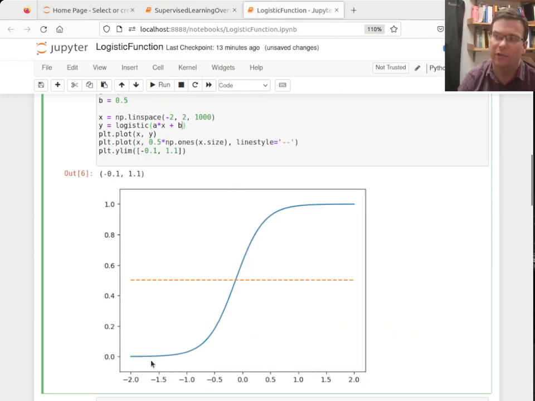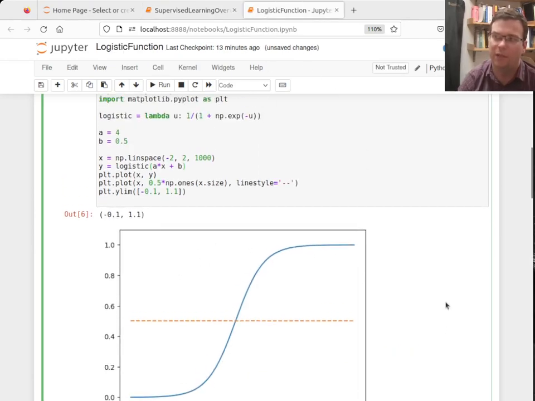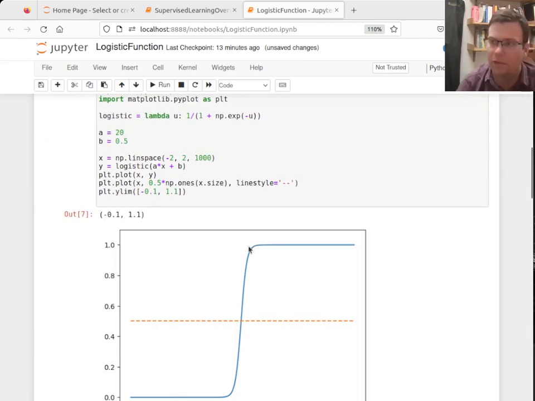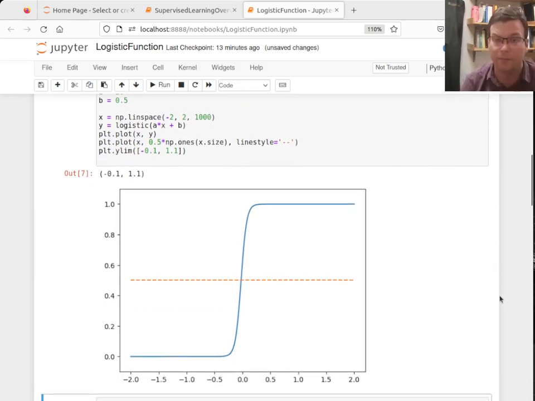So the logistic function is kind of approximating a step function. If I make a bigger, then it starts to look more like a step function, but it's still differentiable. And that's going to help us in a moment to minimize, right? If you recall, just a sneak preview of the next video, back in calculus, the way that we